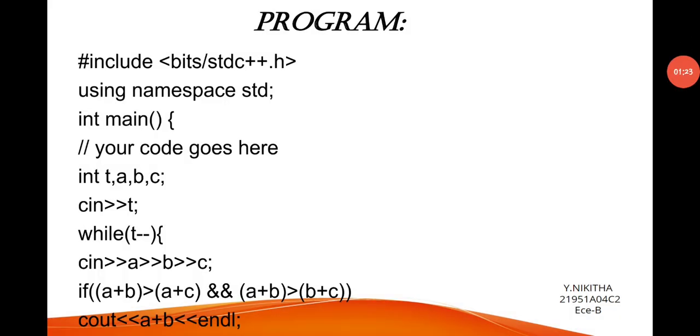Program. #include <bits/stdc++.h> using namespace std; int main() { // your code goes here: int t, a, b, c; cin >> t; while (t--) { cin >> a >> b >> c; if (a + b > a + c && a + b > b + c) cout << a + b << endl;